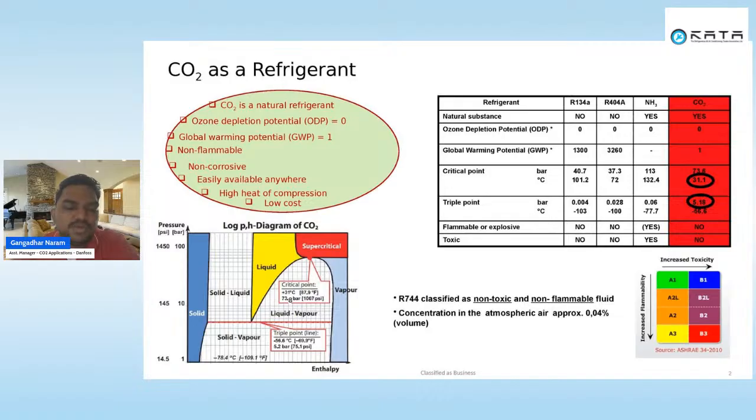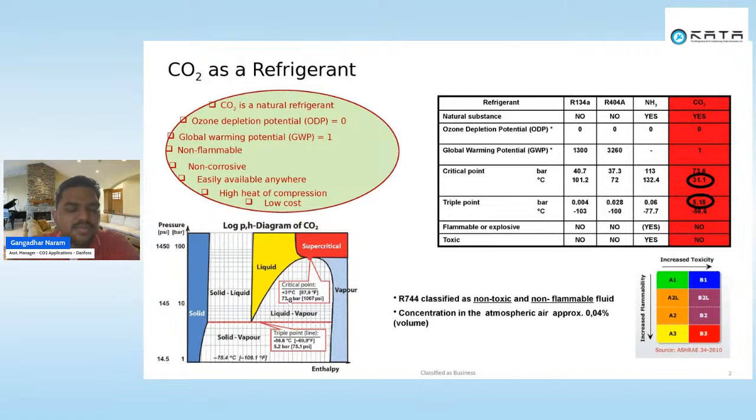you cannot have a clear distinction of liquid and vapor. So if the system is operating above the critical point, we call it a supercritical region, or a transcritical region. And one more point we need to understand is the triple point. So what is the triple point? Triple point is a state of CO2 where all three phases, such as solid, vapor, and liquid, are established in one equilibrium. That we call the triple point.